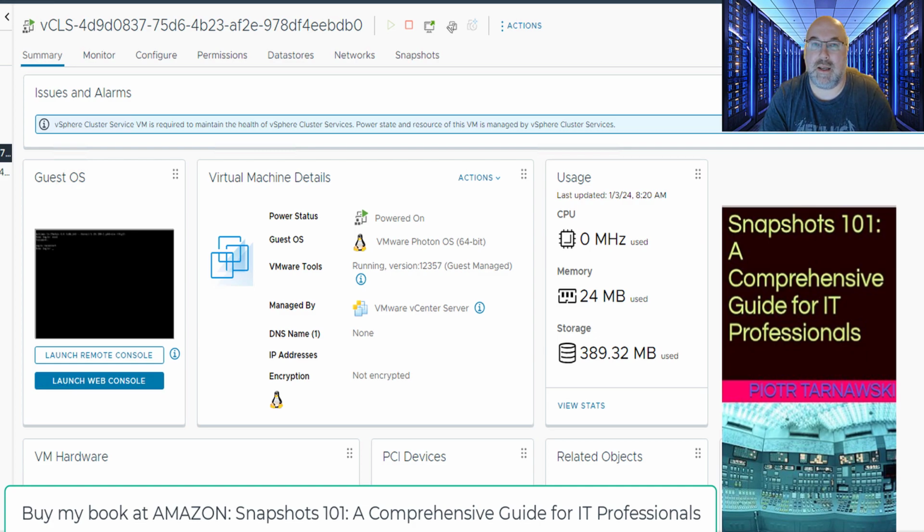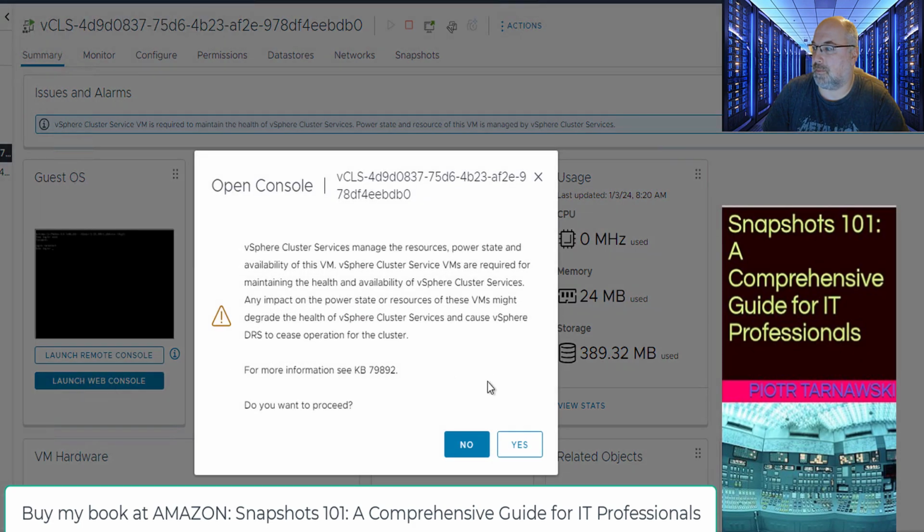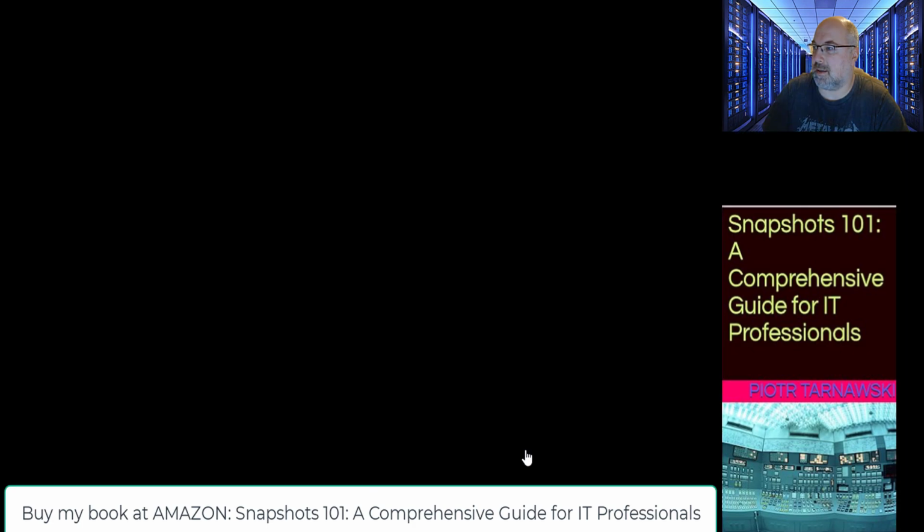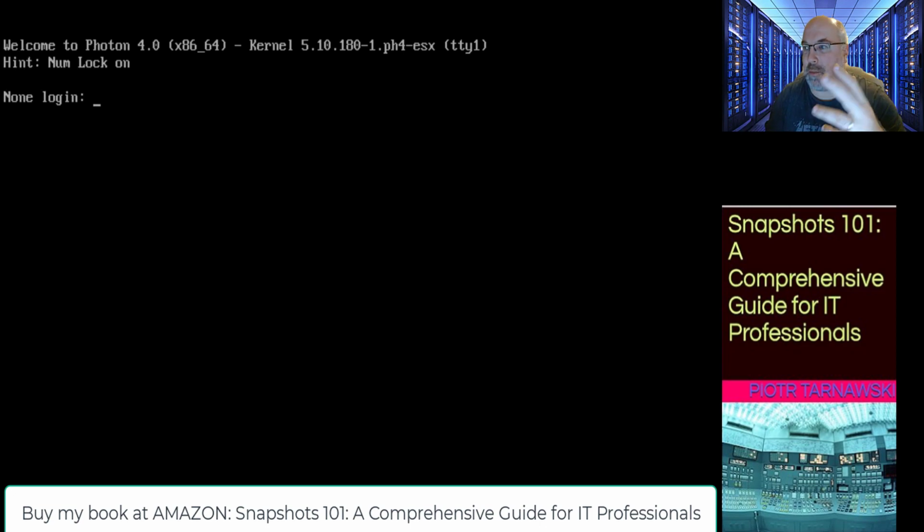Okay, let's start our subject. So, as you can see, we have one of the vCLS VMs. And how do we get to it? Simply, I would go to Launch Web Console. I will click yes, and we see the login prompt. The login would be root,